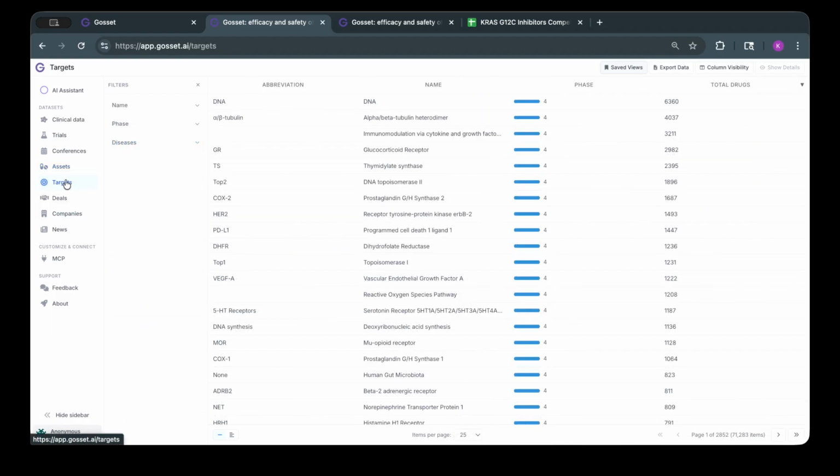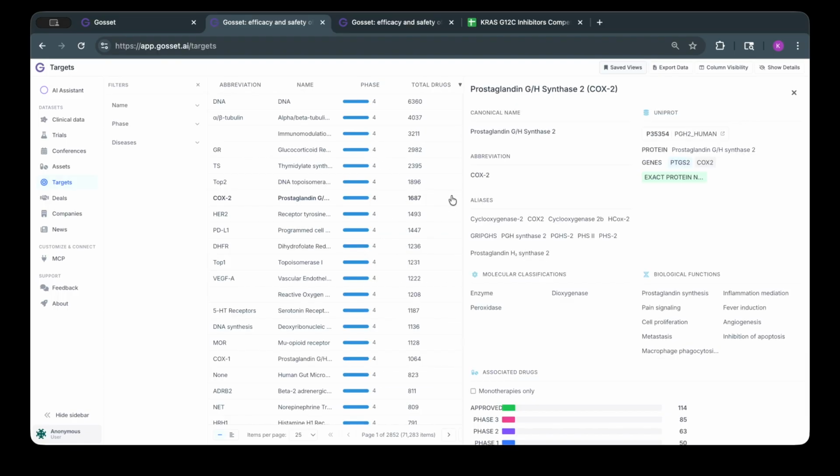In our Targets tab, we cover the biological targets that are hit by at least one drug. For each target, we know both its typical abbreviation and its full name, the phase of development of the furthest along drug that hits this target, and the number of total drugs that have been studied to hit this target. If we click in, we get more information with connections to UniProt,